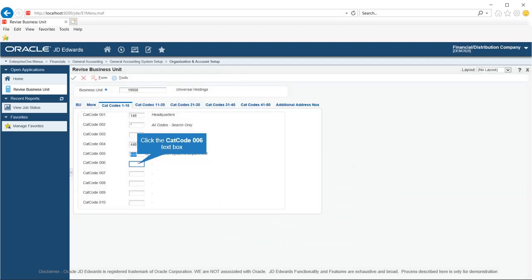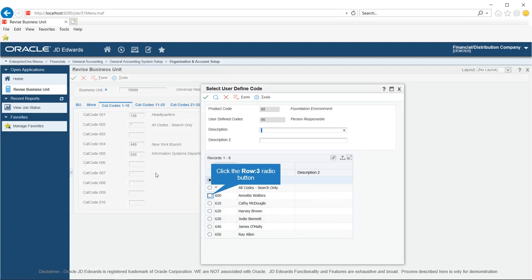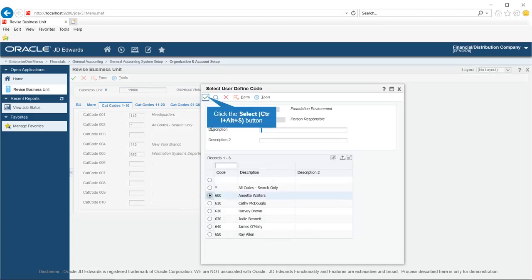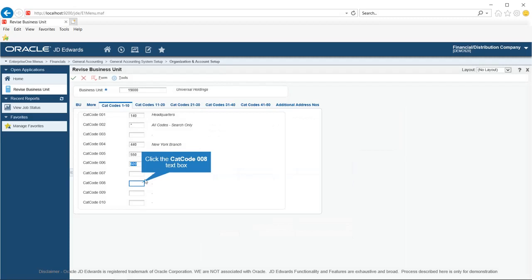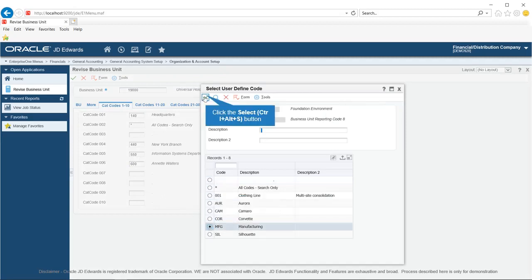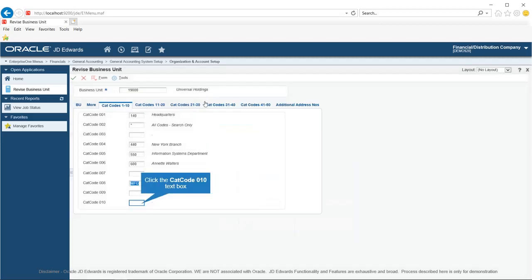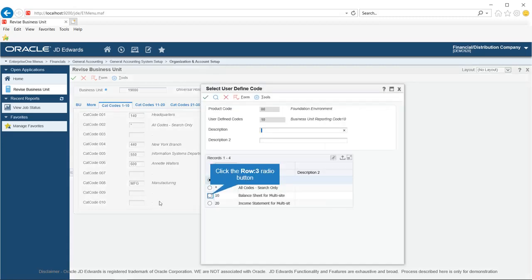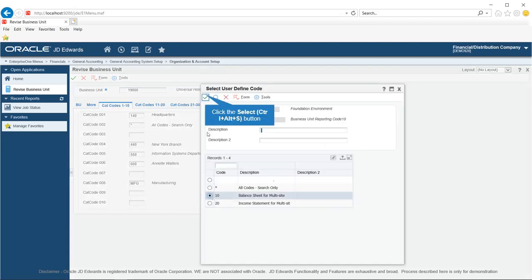Click in the category code 6 field. Enter a value into the category code 6 field, for example, enter 600. Click in the category code 8 field. Select a code from UDC table 0008, for example, MFG. Click in the category code 10 field. Enter the desired information into the category code 10 field, for example, enter 10.